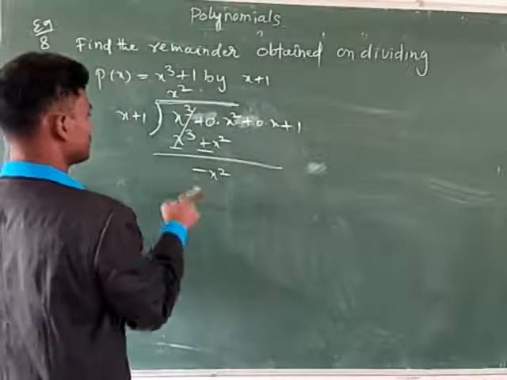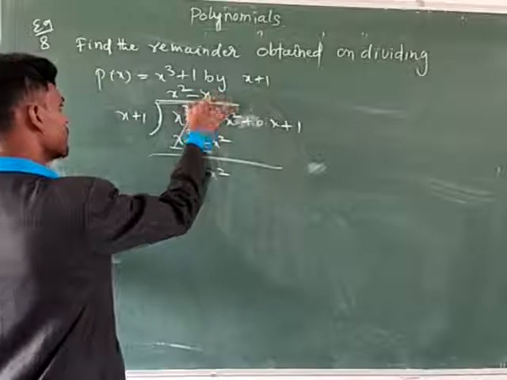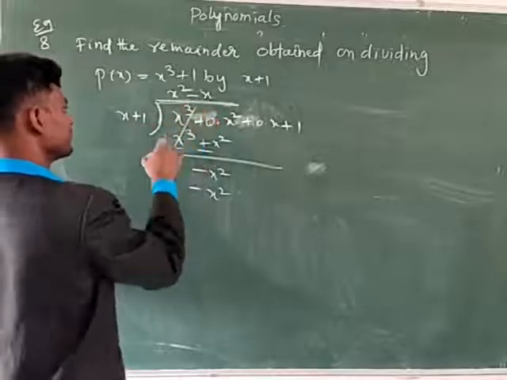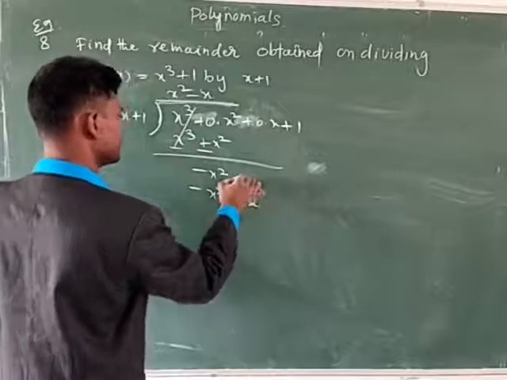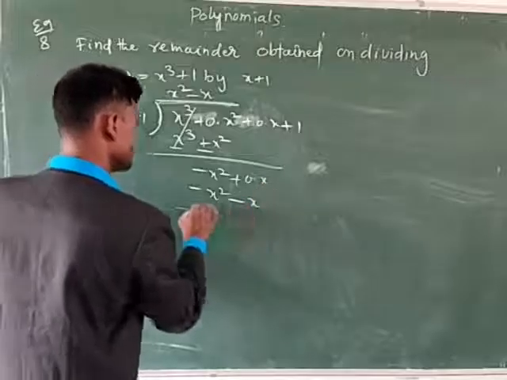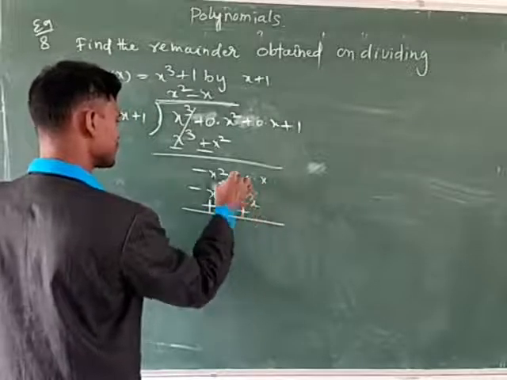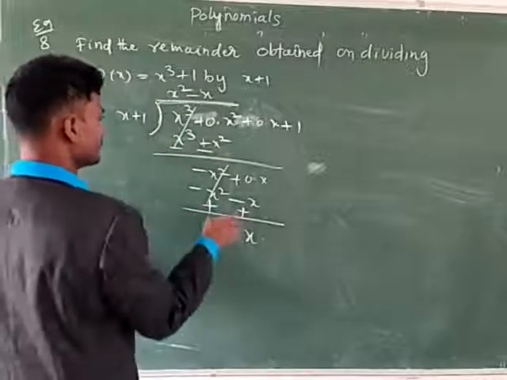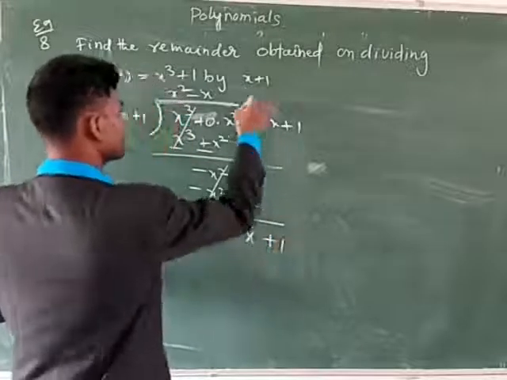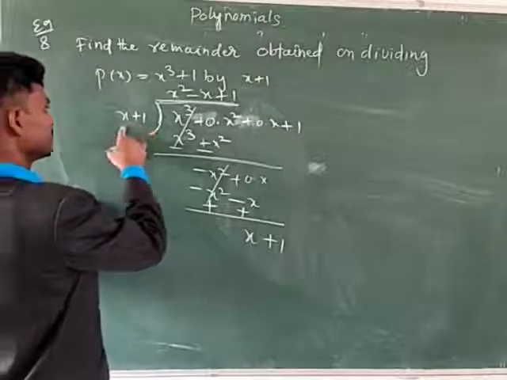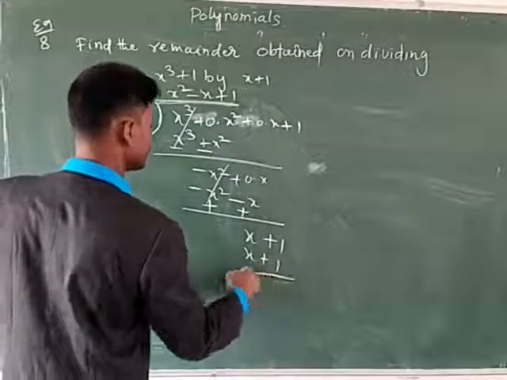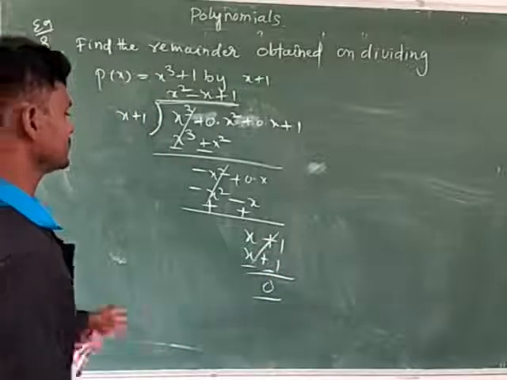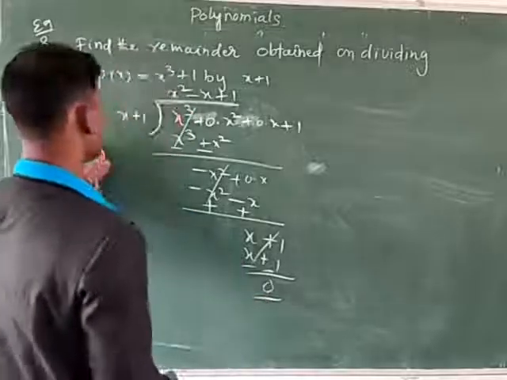Now you have to multiply it by, here minus x means minus x into plus x minus x square, and minus x into minus 1 plus 1 minus x. Here also write 0 into x. Now this is a plus, here also plus, this one cancels, here x only. Next you have to multiply it by 1 only. Here this plus 1 you have to write here. Then plus 1, x into 1 is x, 1 plus into 1 is 1, here 0. Both cancel. Then here this is a 0. The remainder is 0.